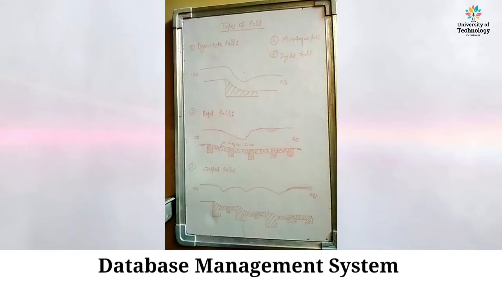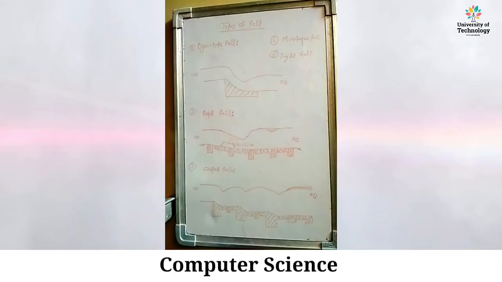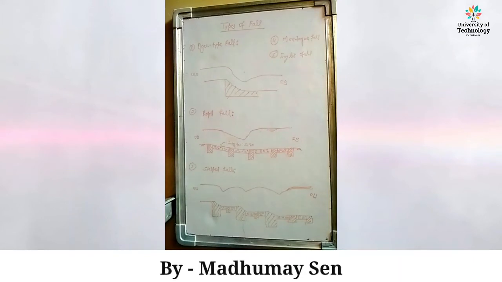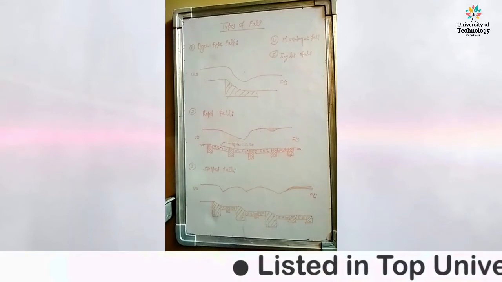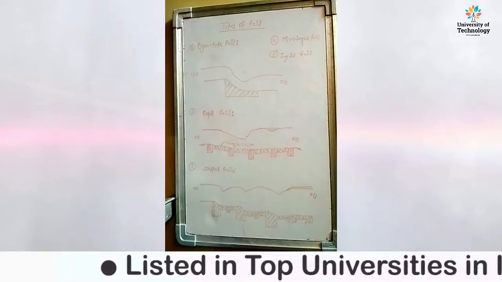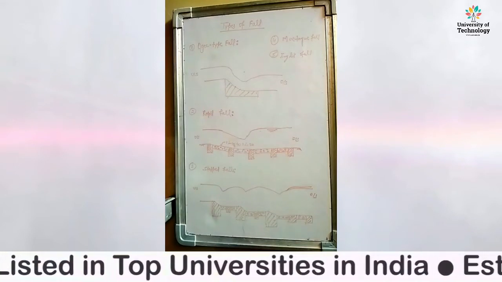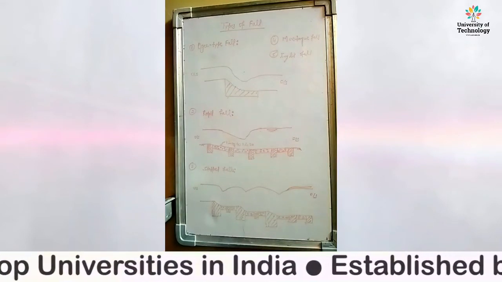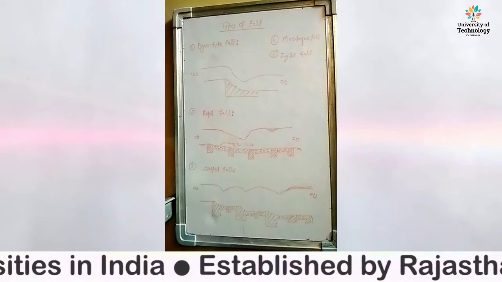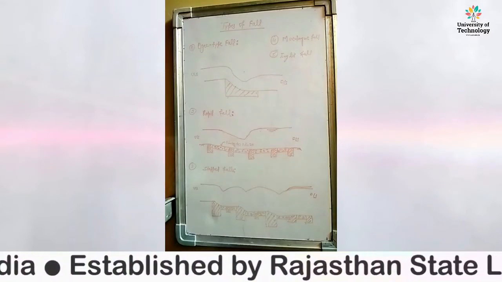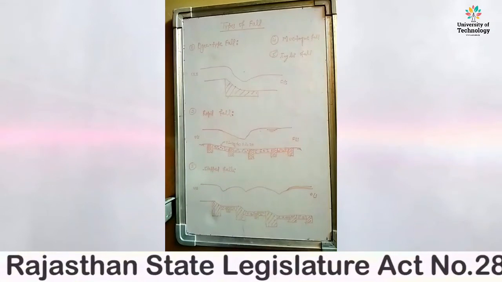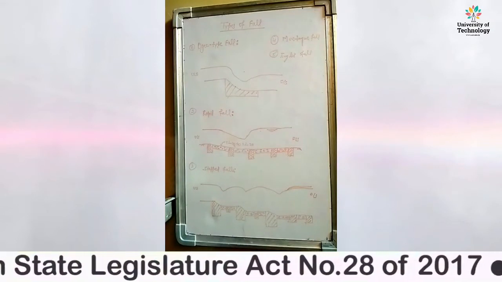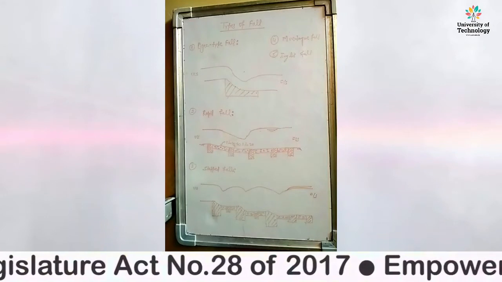We are going to discuss the types of fall, which is a part of water resources engineering. The first one is the Ogee type fall. Basically, this type of fall was first introduced by a British engineer working in India in the 19th century, and the Ogee type fall was first constructed by Sir Proby Cautley.